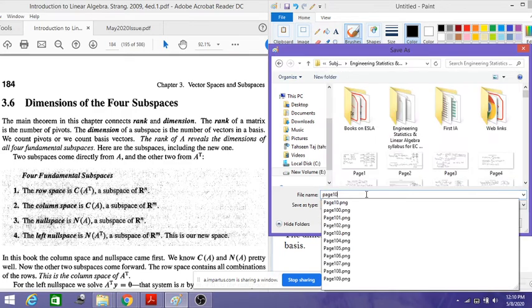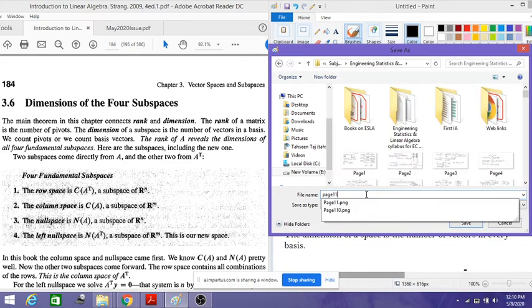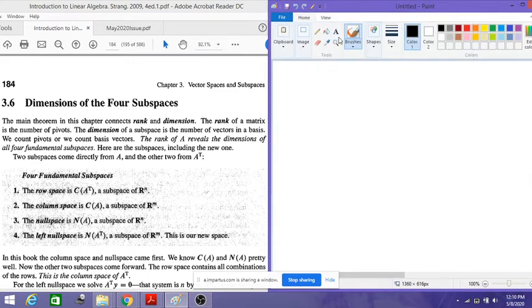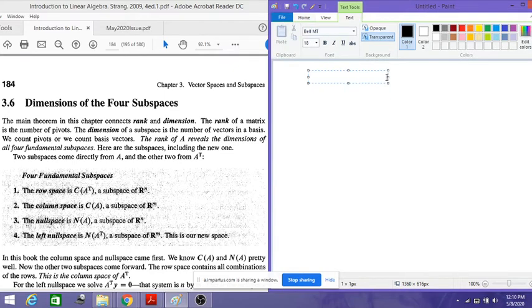Page 1. Let me take the new page here. So now we will talk about the dimension of